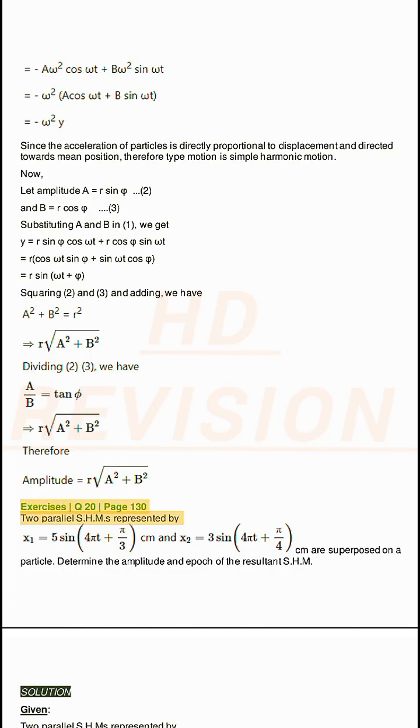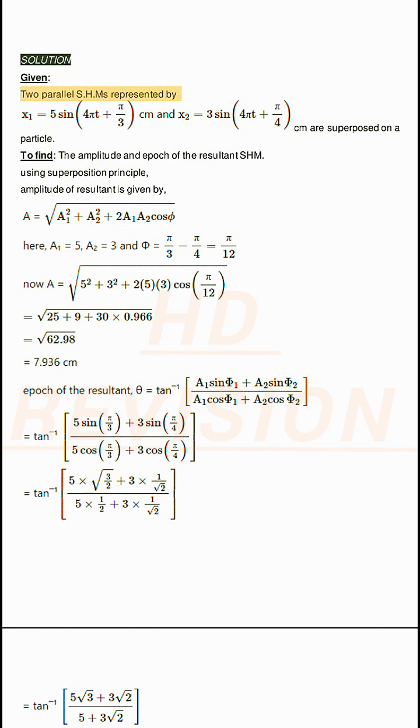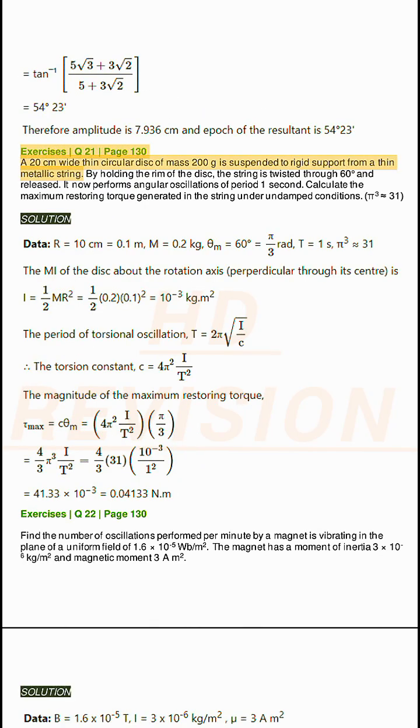Exercises Q20, page 132. Parallel SHMs represented by the given equations, in cm, are superposed on a particle. Determine the amplitude and epoch of the resultant SHM. Solution. Given two parallel SHMs are superposed on a particle. To find the amplitude and epoch of the resultant SHM using the superposition principle, the amplitude of the resultant is given by